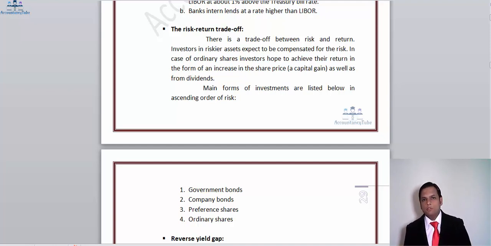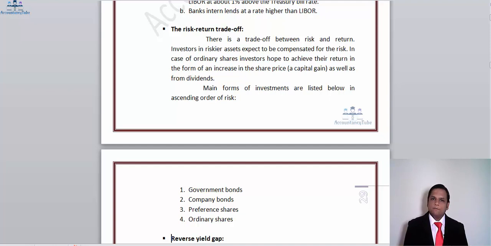Then we've got company bonds. Here the risk is a bit higher than the government bonds, so the investor expects to be compensated for the additional risk exposure. They will normally issue bonds at a rate of around 8 to 10%. It's just an example I'm talking about. It could be more or less depending upon the risk profile of the company, the market scenario, and the overall economic scenario of the stock exchanges.